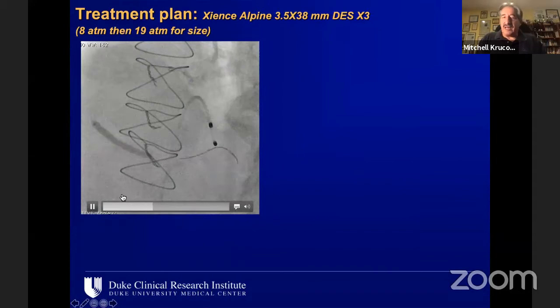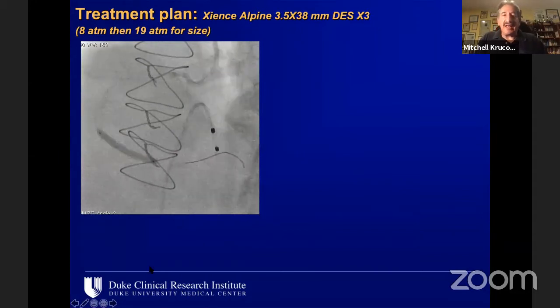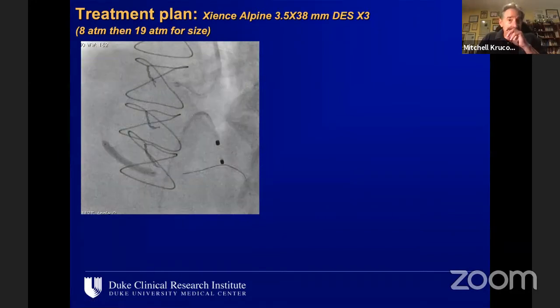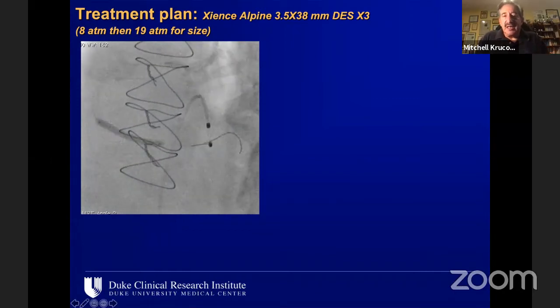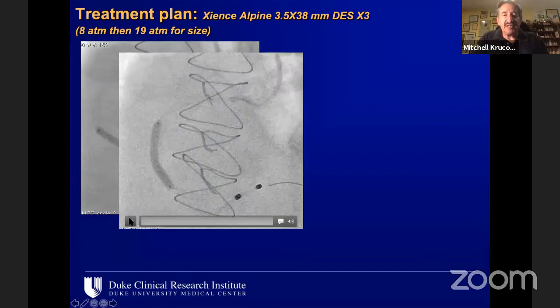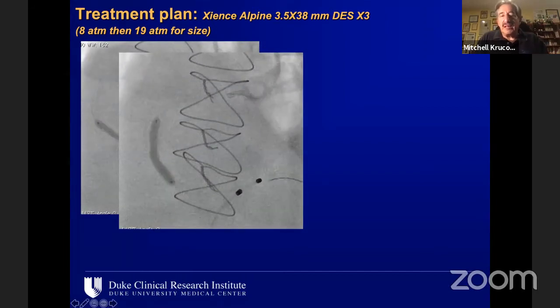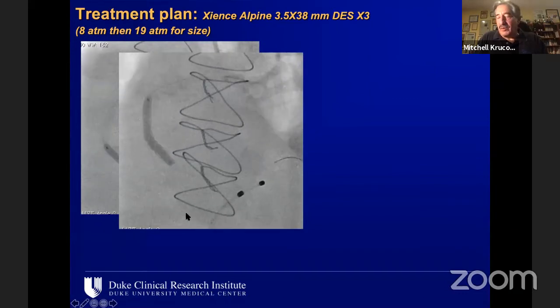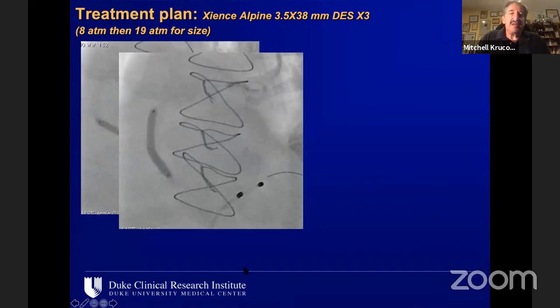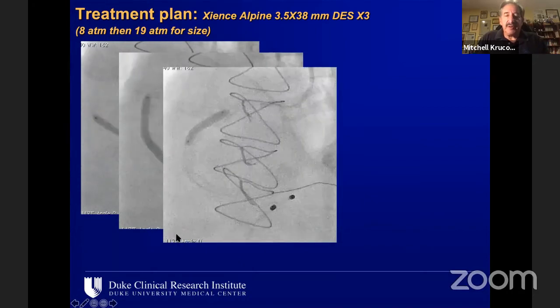In this case, not only did the vessel dilate easily, but these are a series of 3.5, 38 millimeter Zion's Alpine drug-eluting stents. And I take a picture at 8 atmospheres just to show how homogeneously, in fact, they can be deployed. This is the second one. And you can see it opens quite well, maybe a little dimple right here, and we'll solve that with high pressure dilatation and the proximal.